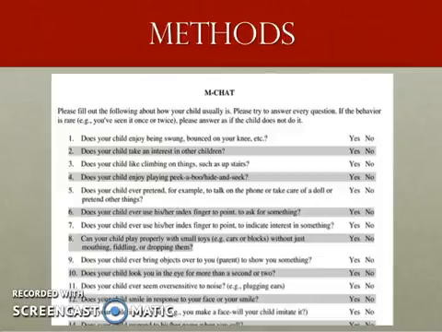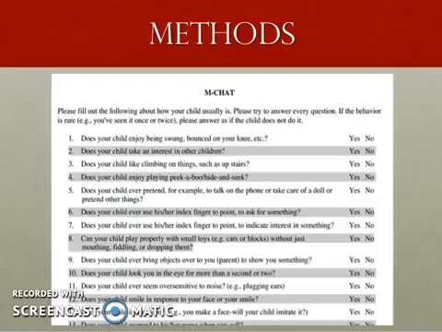Diagnosing ASD is much more difficult as there is no real test that objectively states that yes, you have ASD. It is more of a subjective diagnosis, which is done by pediatricians and trained specialists. What we have here on the slide is an example of a questionnaire parents will be filling out at the